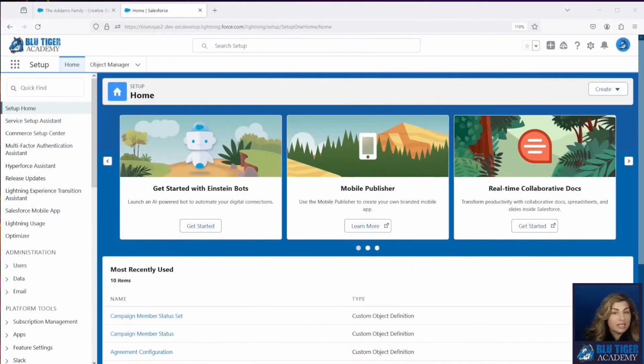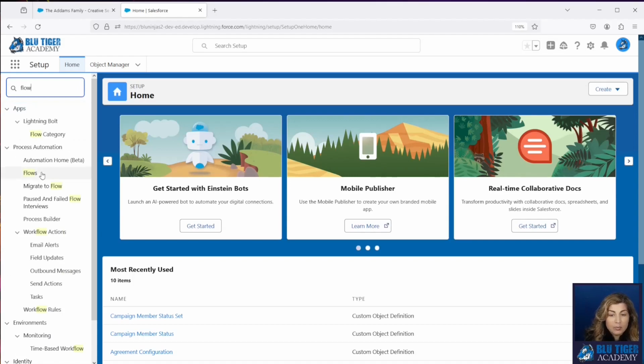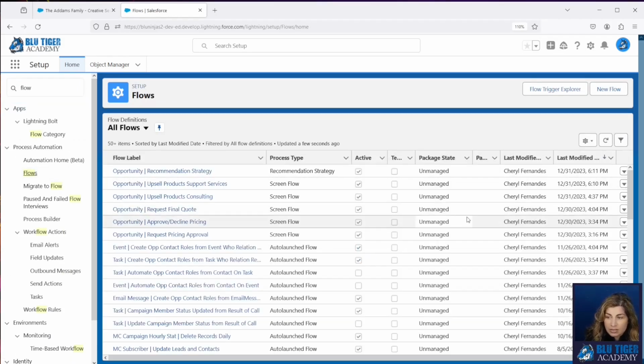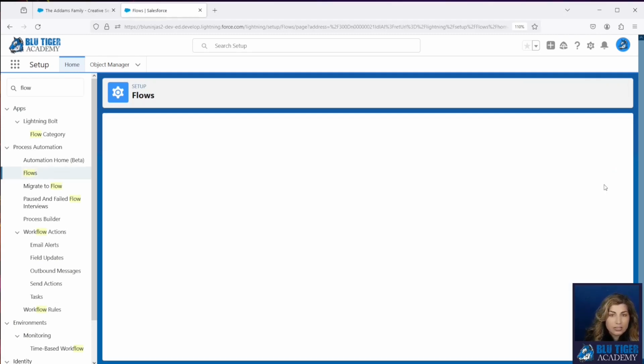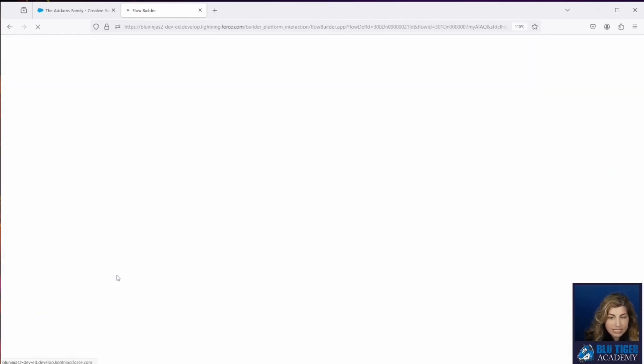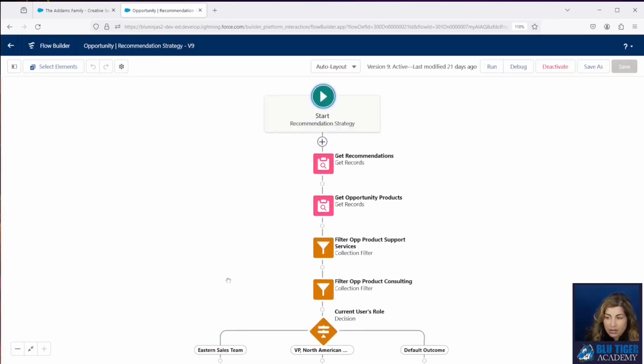Now, our first step here is to go to the recommendation strategy flow that we want to limit the repetitions for. If you don't know how to create this flow, we have two videos that we did where we showed you how to do predefined recommendations as well as on-the-fly recommendations. This flow is what we constructed during those videos. We can show you step by step how that all works.